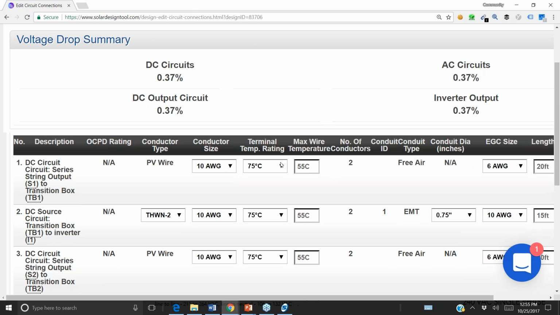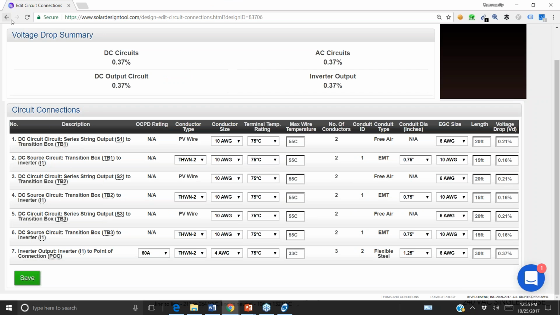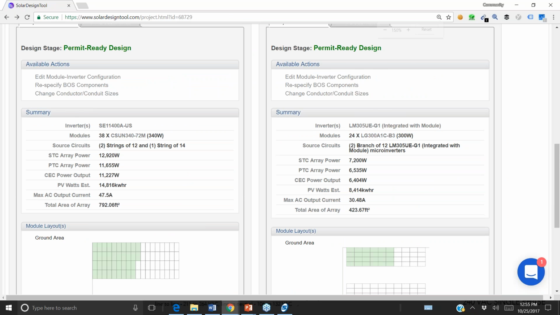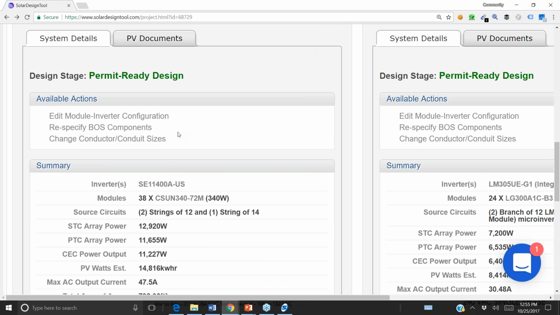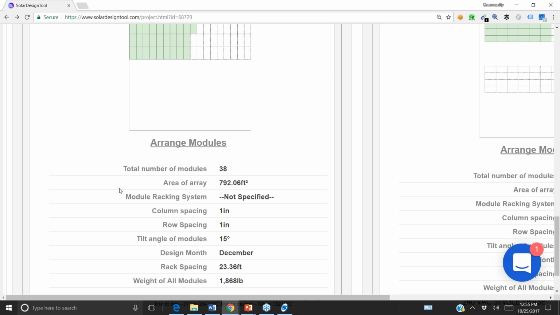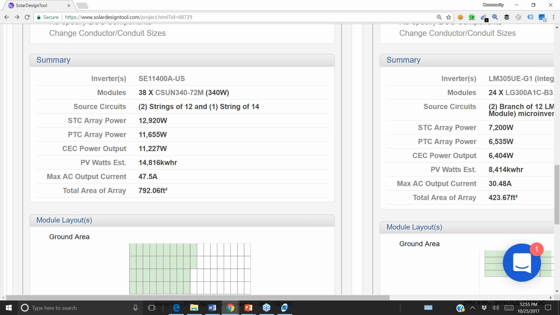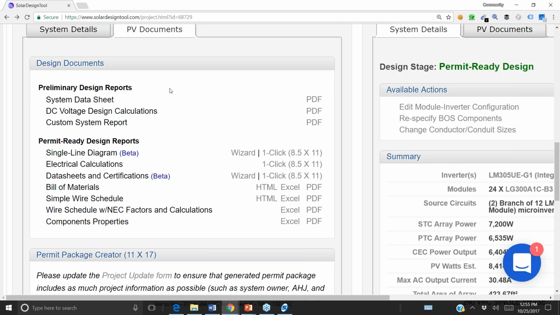Eventually we're going to have to pick out our wire sizes, and we see our temperature ratings already being factored into software. We're going to have to size our equipment ground conductors and stuff like that. But remember, code is a set of rules and regulations. And so once we've picked out how many modules we have in a circuit, and we know a little bit about our environment, the minimums can be automatically calculated, and then we can choose to go up from there. And so what's nice about Solar Design Tool is just by putting in a little bit of data about our environmental conditions, the lengths of our wire runs, it'll generate not only a single line diagram,